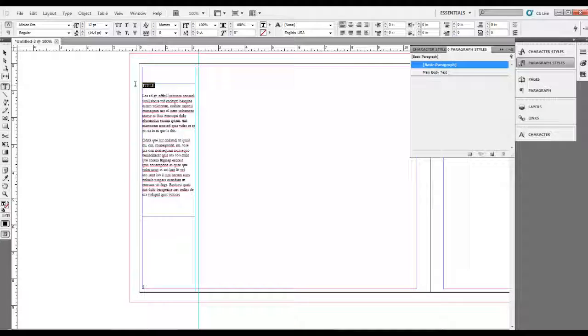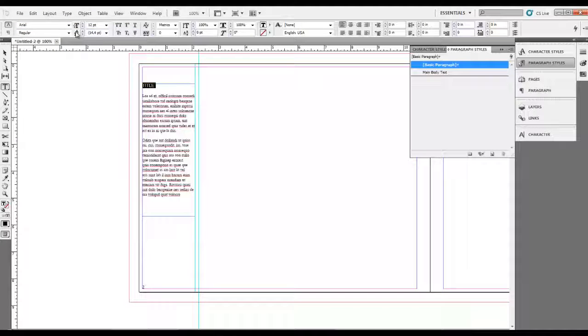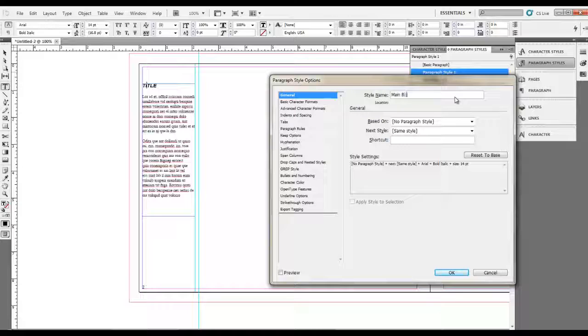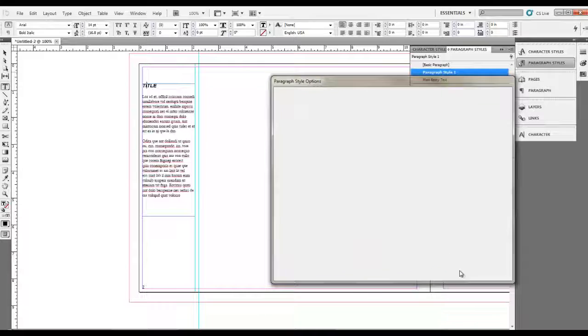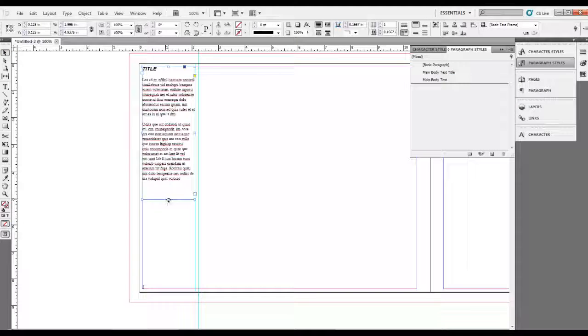Now in regards to my title, what I want to do is change this. So let's make it an Arial. I'm going to make it a bold italic and also change it to a 14 font. And I'm just going to click inside of it, not have it highlighted, but just click it. And then I'm going to go Create New and right click as we just did before and call this main body text title. And hit OK. And you can see the edits that I just did just below here. Hit OK. So now that I have my paragraph style dictated,